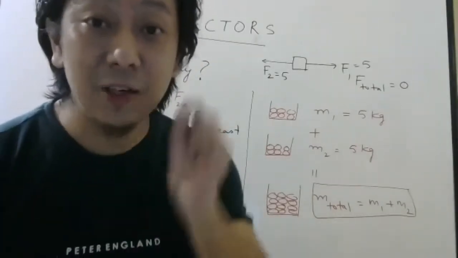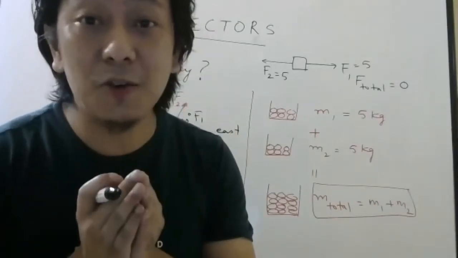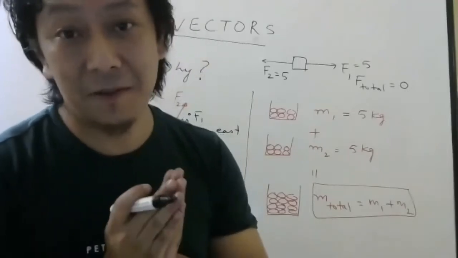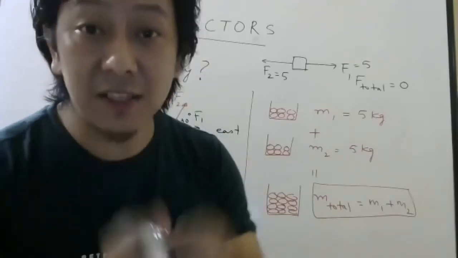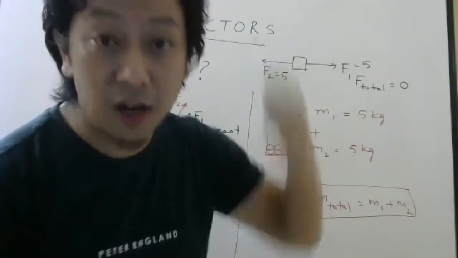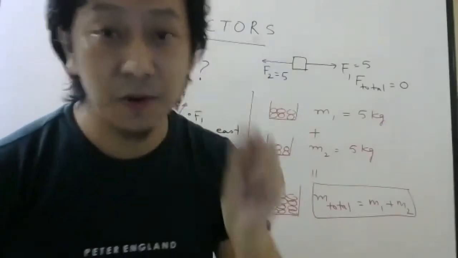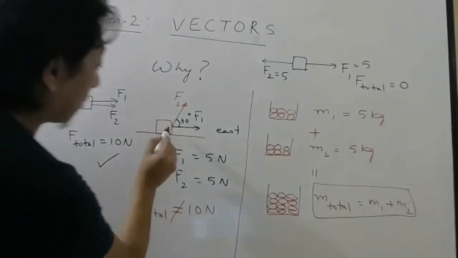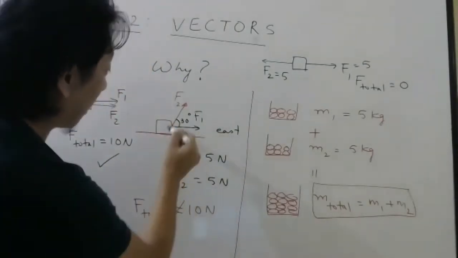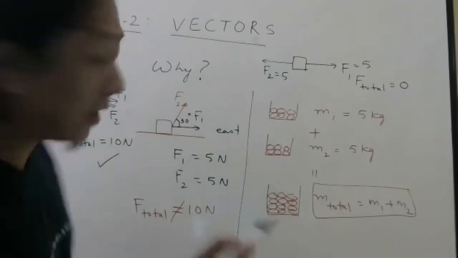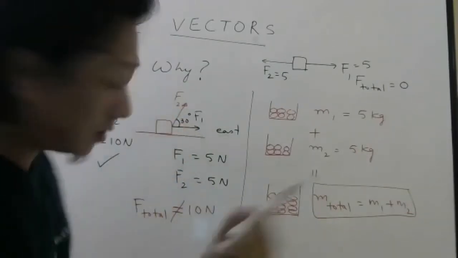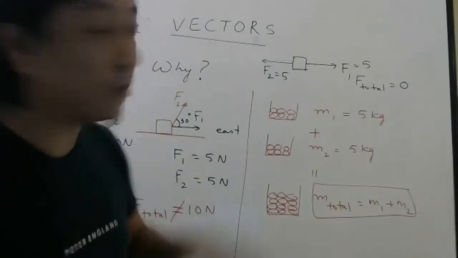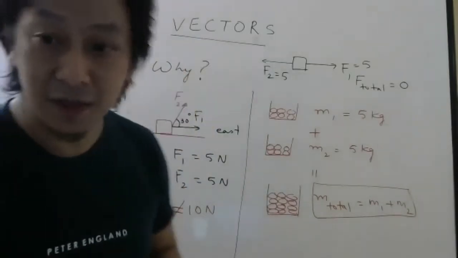So even if I am asking for the total, you are not simply going to add. You have to check their directions. So this is where vectors come into the picture. The knowledge of vectors will help you to answer such questions. Meaning, I am applying 5 Newton force, you are applying 5 Newton force, at 30 degree. What is the total force? The answer will be understood after we learn about vectors.